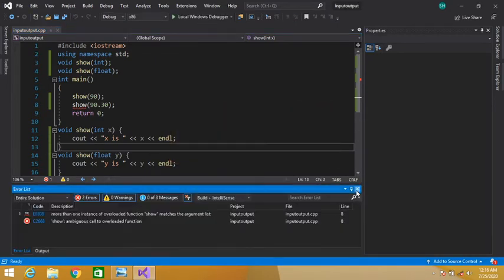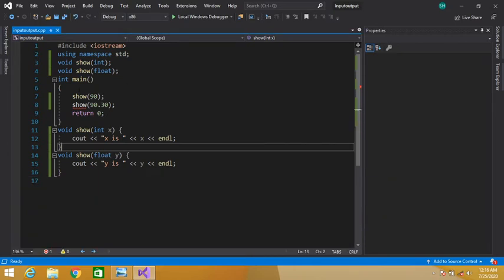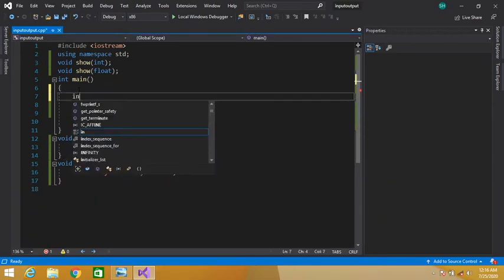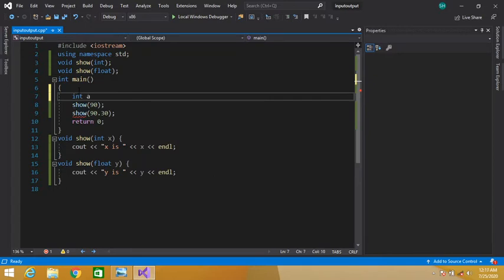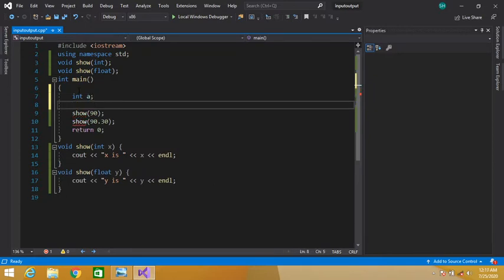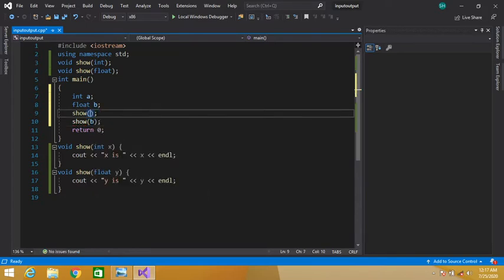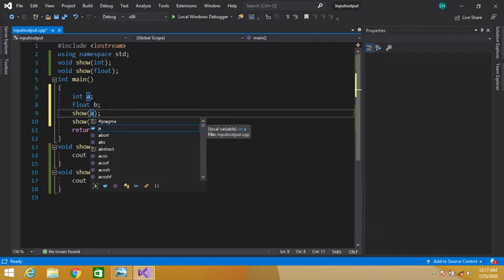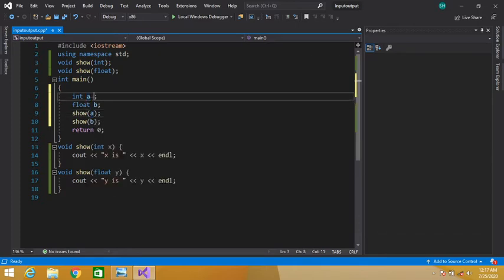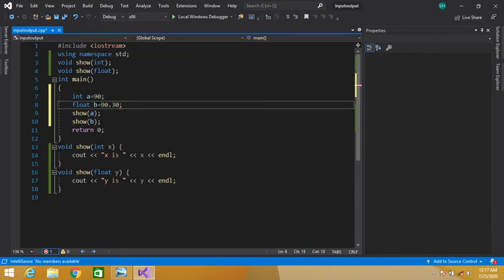We get an error because we have to tell the compiler first. Let's declare two variables, int a and float b, and here we will pass our a variable, and let's initialize a equal to 90 and b equal to 90.30.